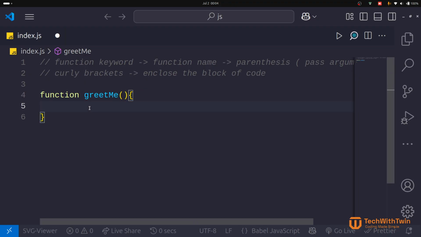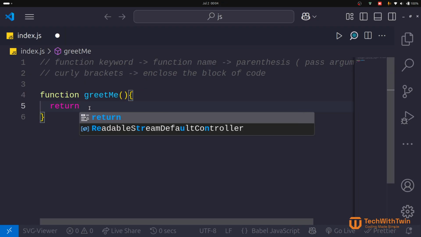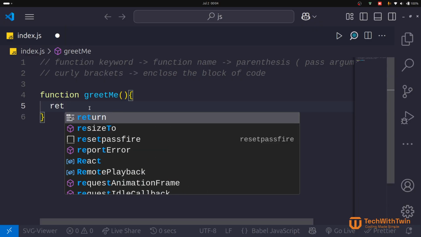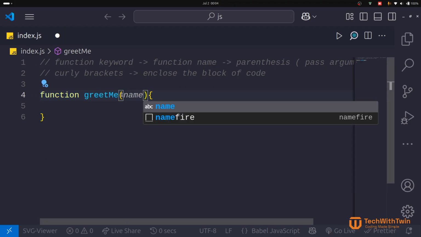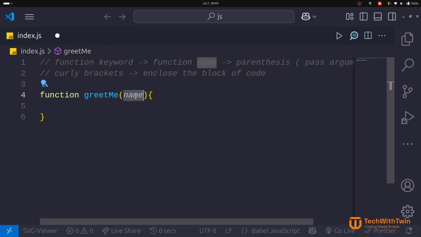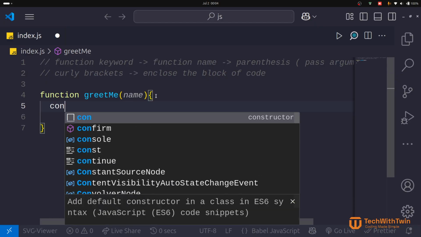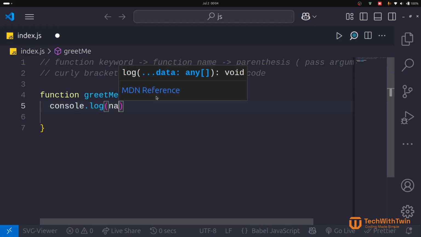And then the block of code should return. So we say the function can return or not. So let's start with either way: a function that does not return anything. For the function to greet us, something that is changing, something dynamic, is the name of the person we are greeting. These are called parameters, and a parameter is a placeholder of an actual value. So I can say console.log name